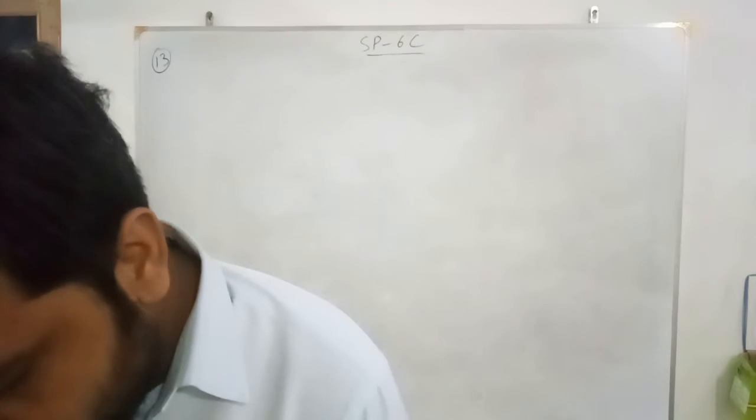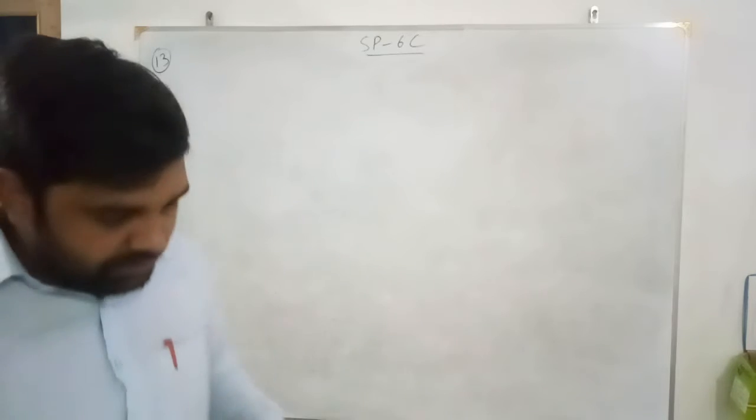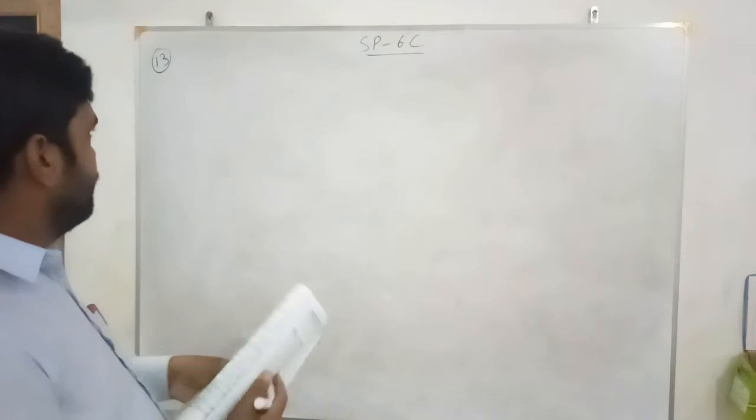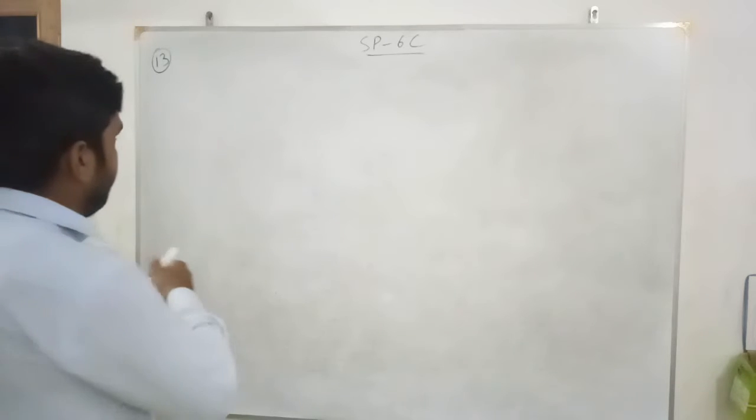In the 13, find two consecutive odd numbers whose sum is 56. So let the two consecutive odd numbers be